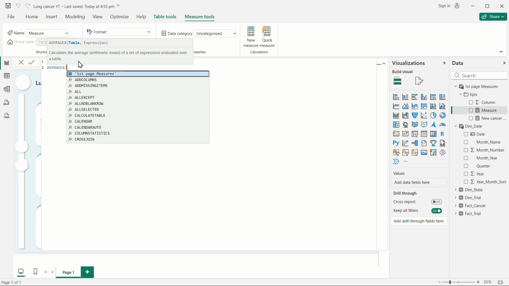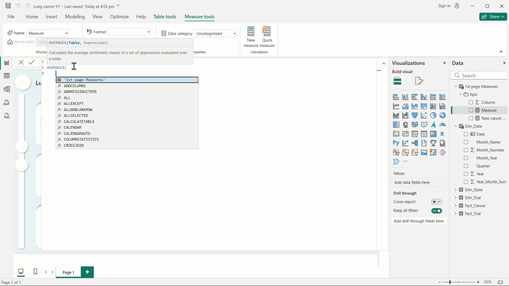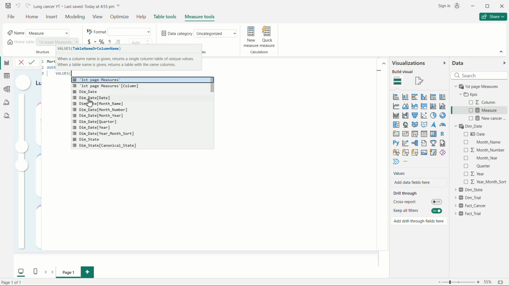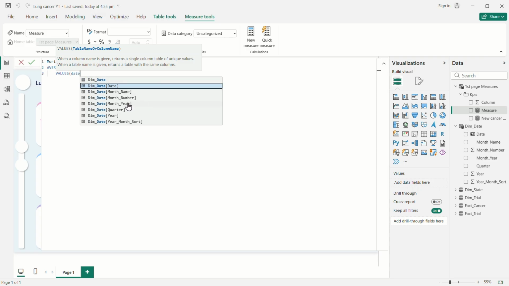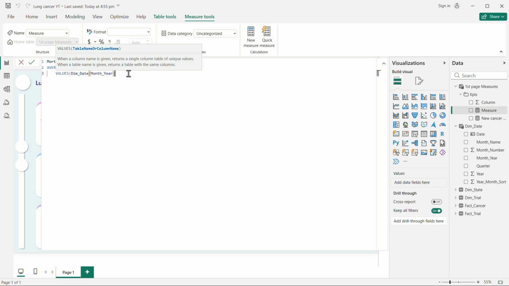So it is asking for a table. So for table we will use a unique function that I used to talk about, that is VALUES function. It will give us the unique values of the dates that we want. So we want date, month and year. Okay. So we want unique dates, month and year from this table. And we will close this parenthesis. And after this the table has been created because it is giving us row by row expression. Okay. So give a comma, and now it is asking us for an